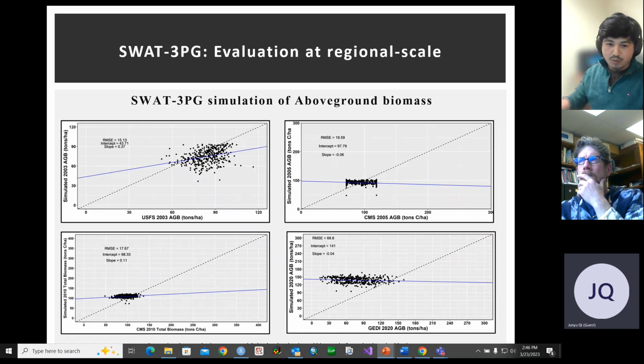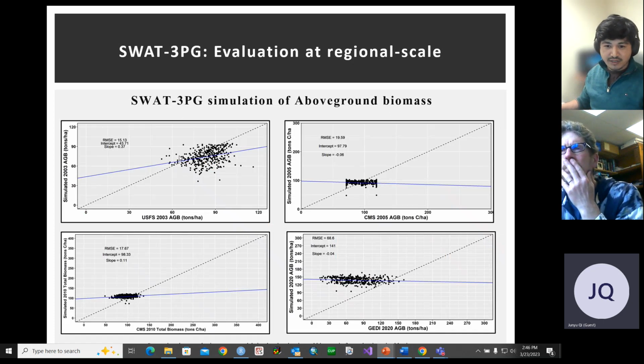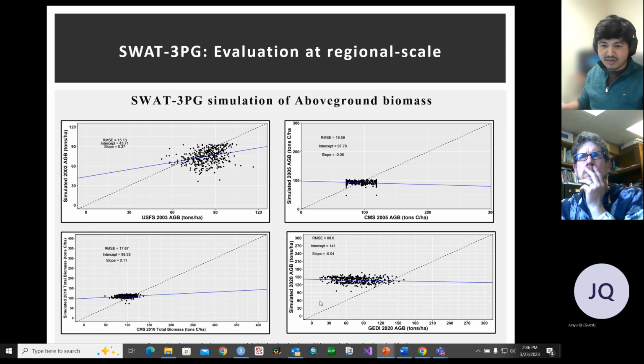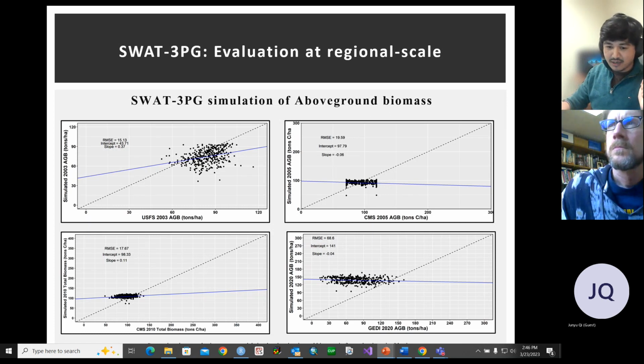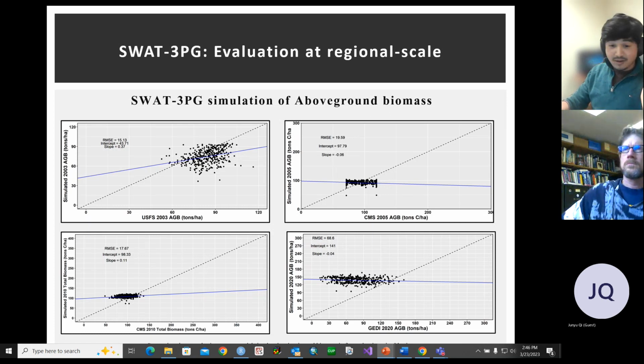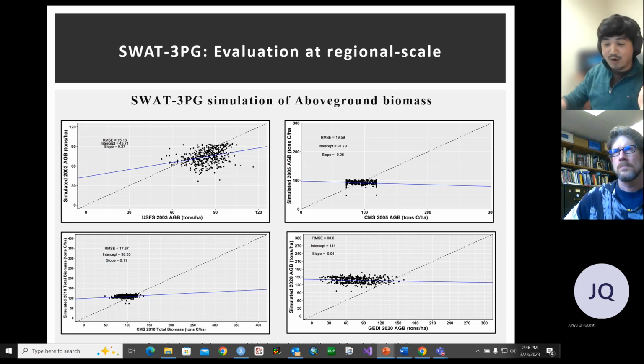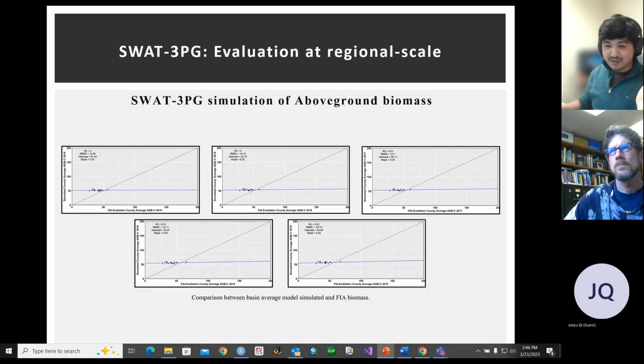estimated data sets, right? So we also did a scatter plot for the 4 different data sets. This is 2003, this is 2005, this is 2010, and this is 2020, and then we can generally see that the R square is not good, right? But the magnitude of the biomass is pretty good from 2000 to 2010, but from 2020 the model overestimates the biomass, right? We also acquired these FIA data sets, this county level FIA data sets from 2015 to